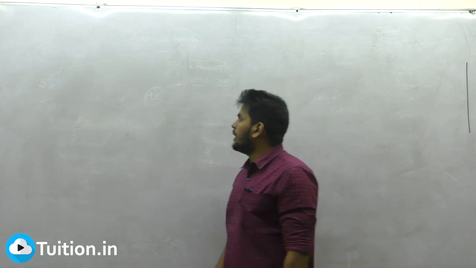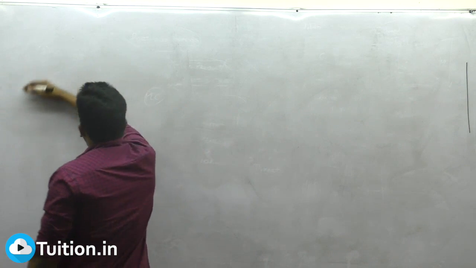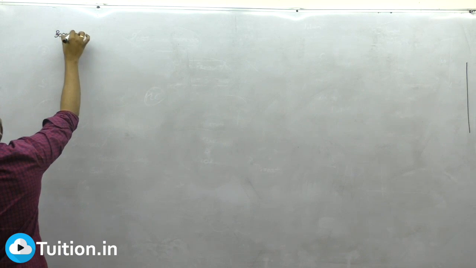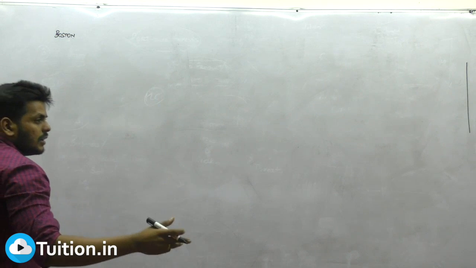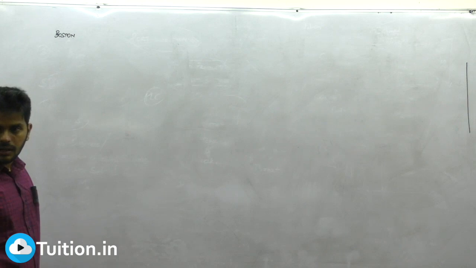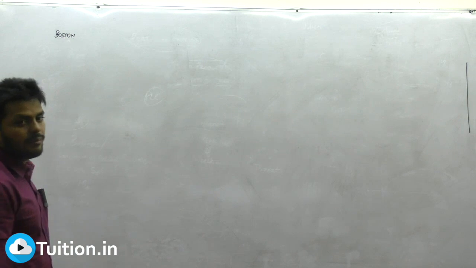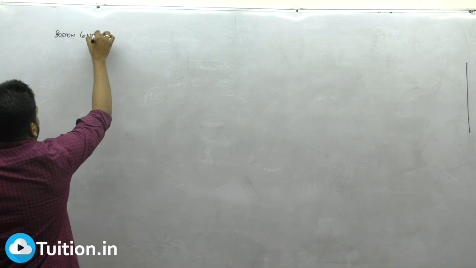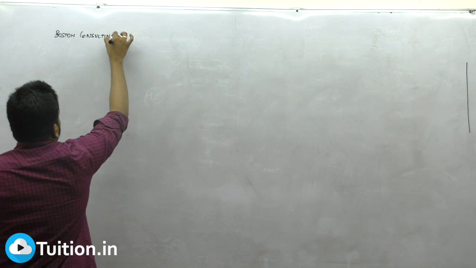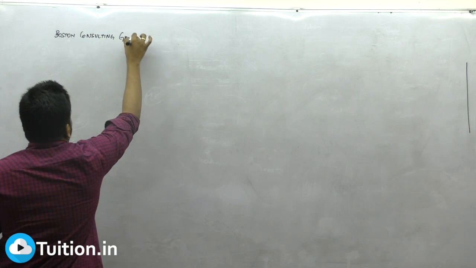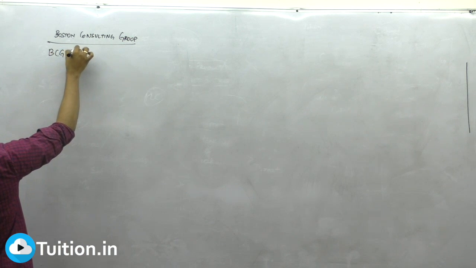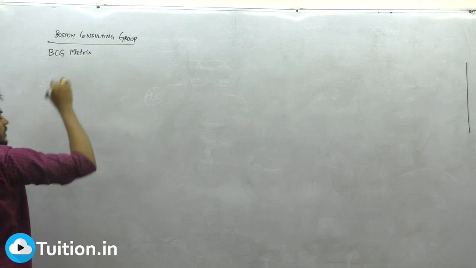Right? Portfolio analysis number 1. Right? Boston Consulting Group. Boston Consulting Group is a big name in the management arena, right? One of the dream companies for a lot of MBA professionals to work. Boston Consulting Group has come up with a portfolio analysis. It's called the BCG matrix. What is it called? BCG matrix.